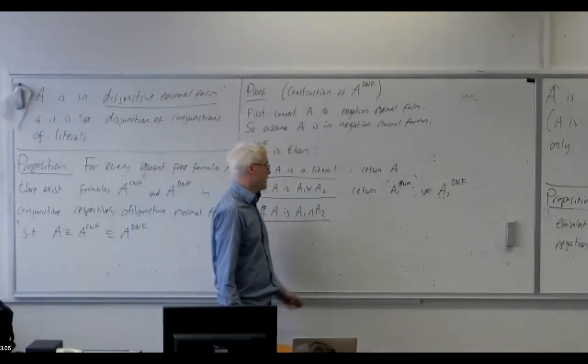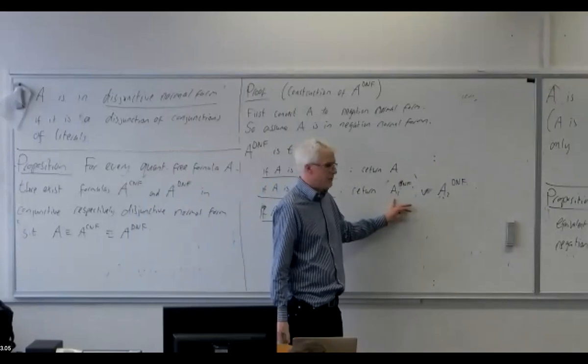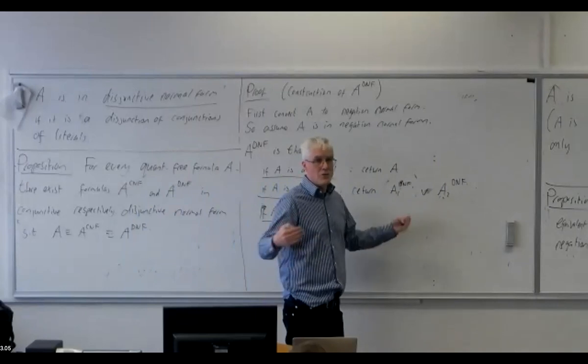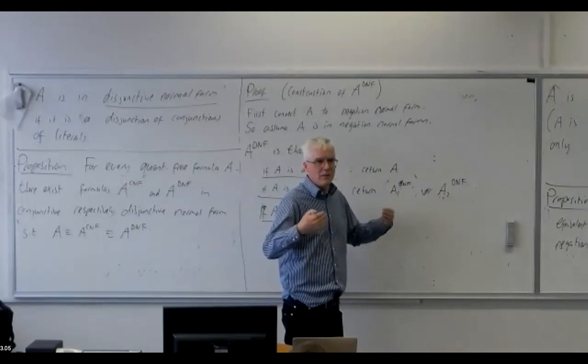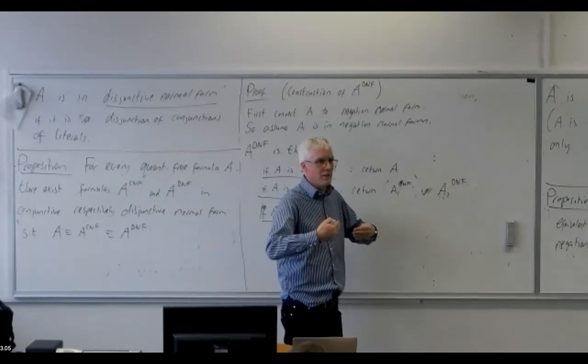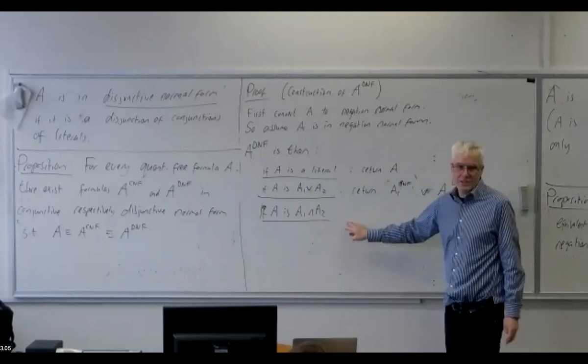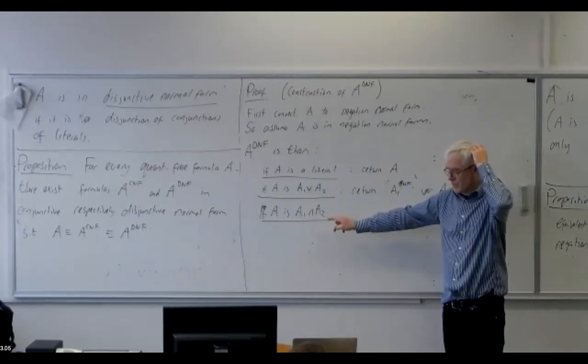So now we can convert A1 to disjunctive normal form, and we can convert A2 to disjunctive normal form, but we would like to conjoin those together with an AND, but we can't because our topmost connective needs to be an OR. So we need to deal with that problem. But to deal with that, we need to look at the structure of the disjunctive normal forms of A1 and